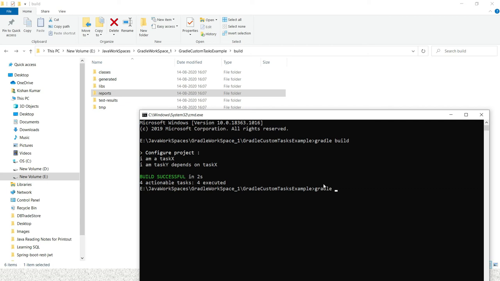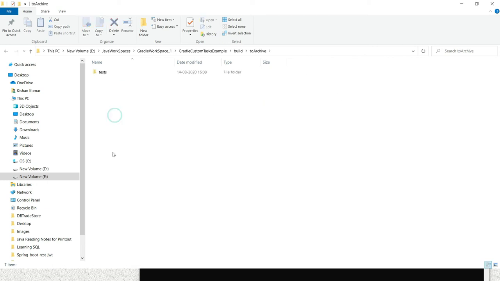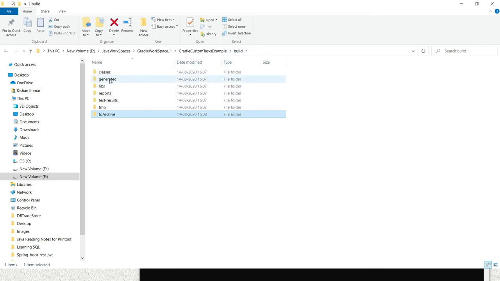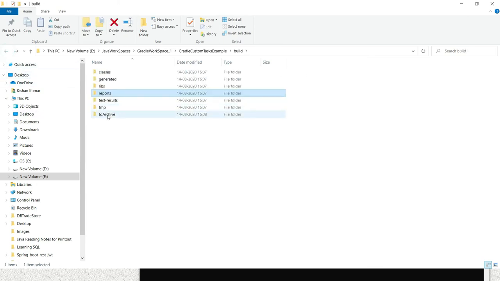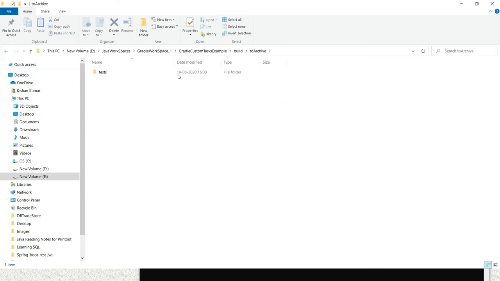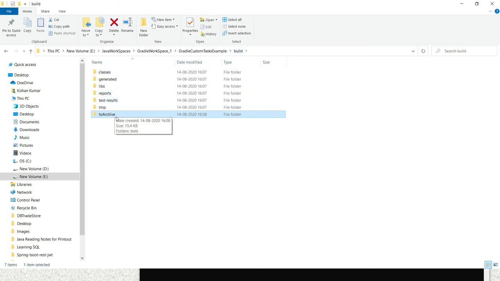If I run this, you can see inside reports an archive folder has been created, and whatever content was inside reports has been copied into the archive folder automatically.